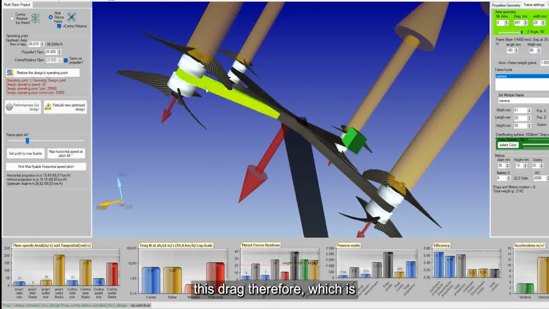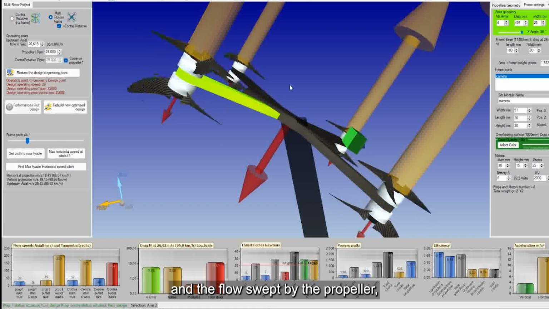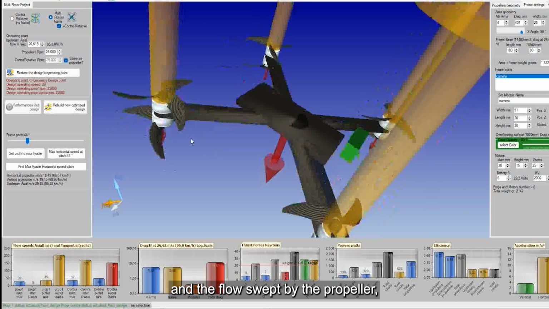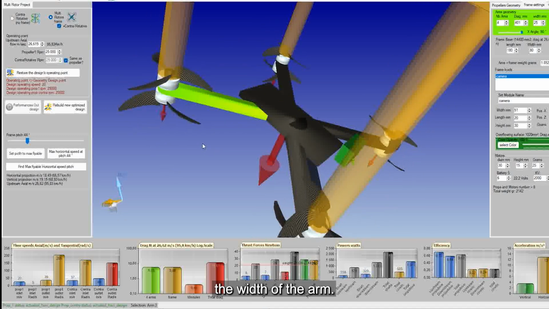This drag, which is the result of the interaction between the arm and the flow swept by the propeller, is largely dependent on the width of the arm.